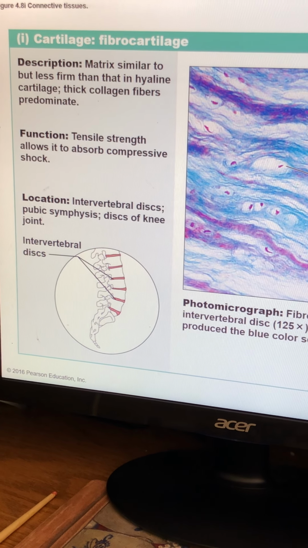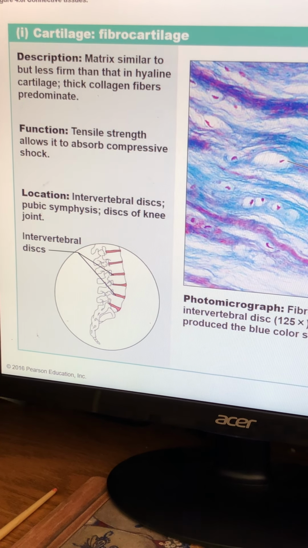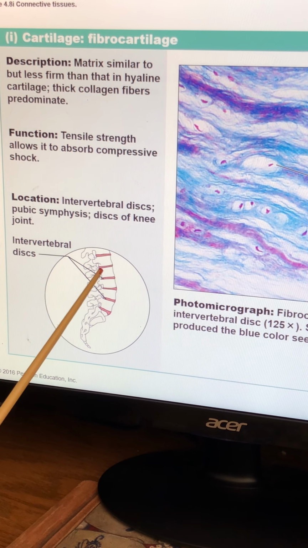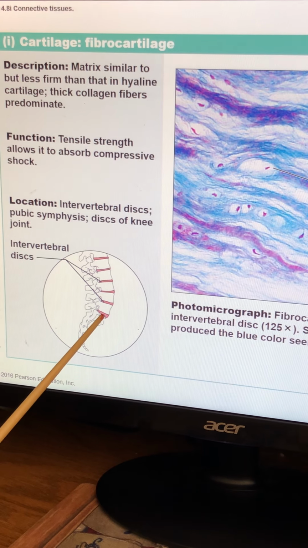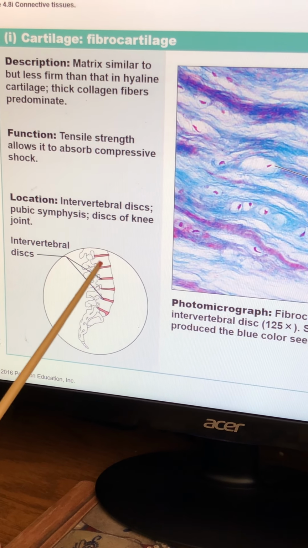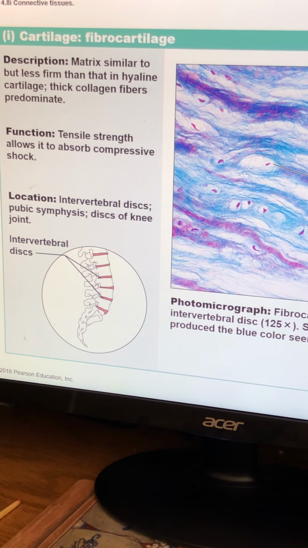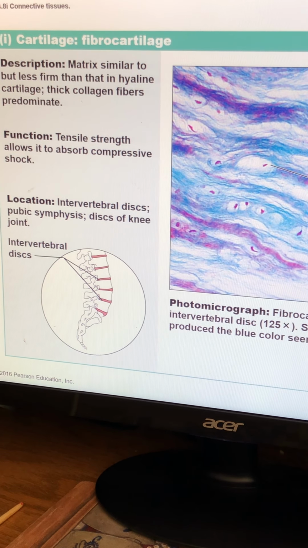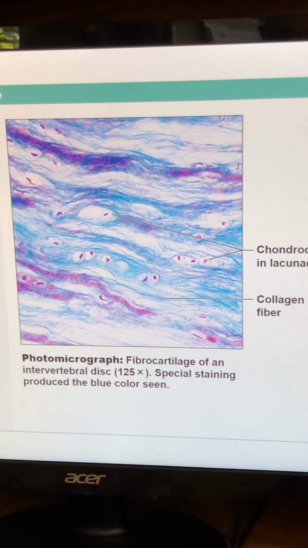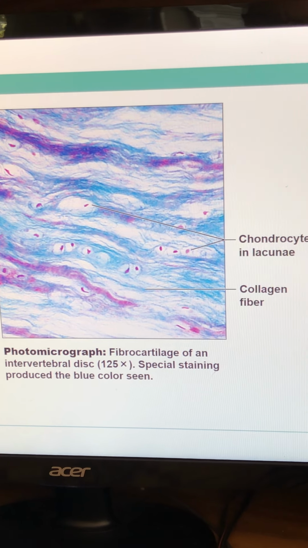One of the things we'll talk about when we finally get to bones is if you have a bone in this vertebrae here that's kind of weakened and you land on your rear, you can send the force up, collapse this vertebrae, and then send it back up to your neck. So having good fibrocartilage is an important thing, and it looks exactly like everything else, although this is at 125X,